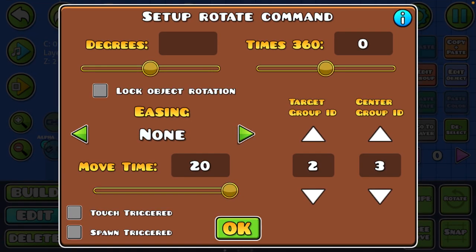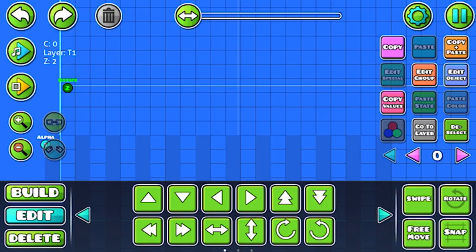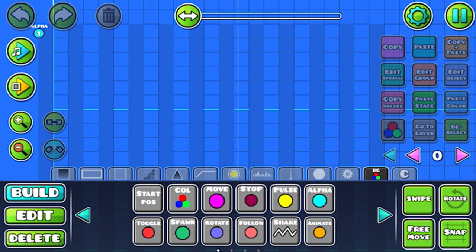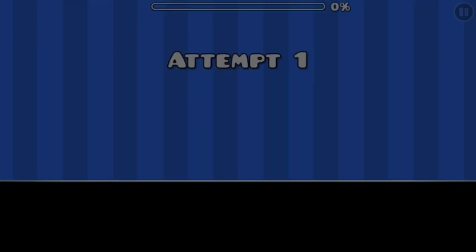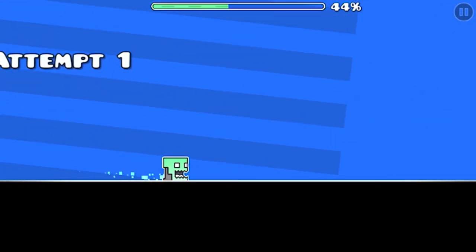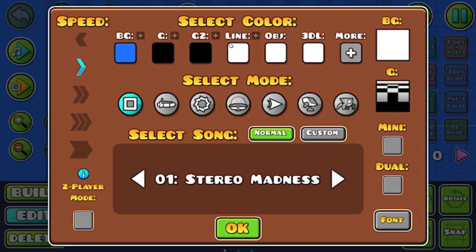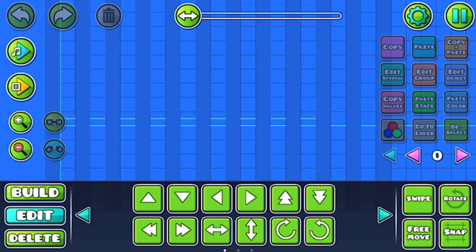And then degrees, I always put this on 360. It's the time 360 that usually depends. I'm going to say like 3. And then you want to save and exit because the game's really buggy that way, and if you don't, then it'll bug out. But then it rotates like that. And then I'm also going to just change it to ship, so then,